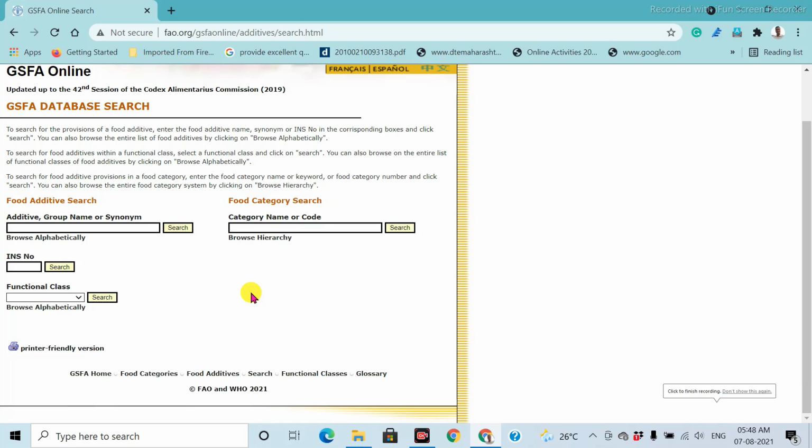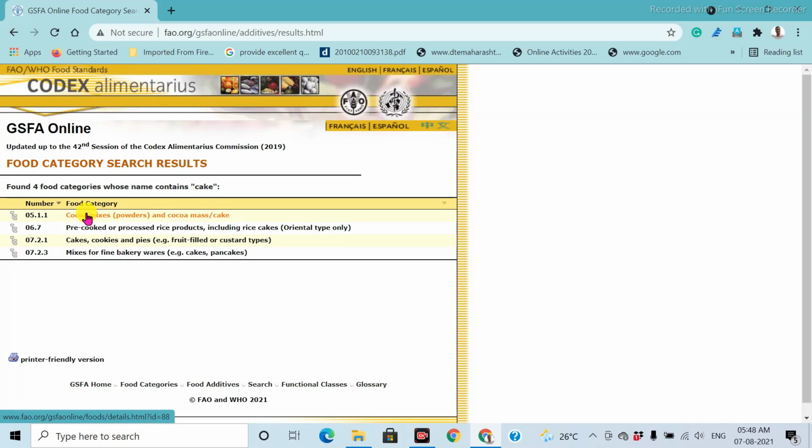The database search engine provides all the details: the specific name of the additive, the specific category of the food product, the INS number and the functional classes of that food additive. For example, if you want to know which additives are permitted in cake, type the specific product or its category, then search, and you will get the food categories.